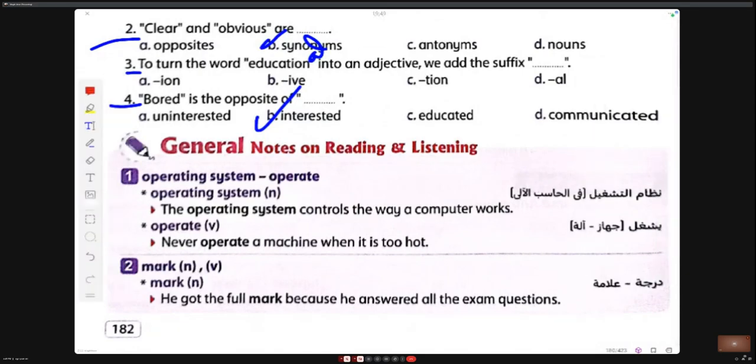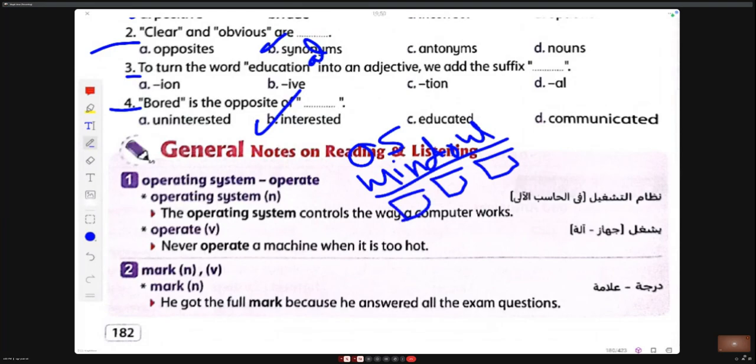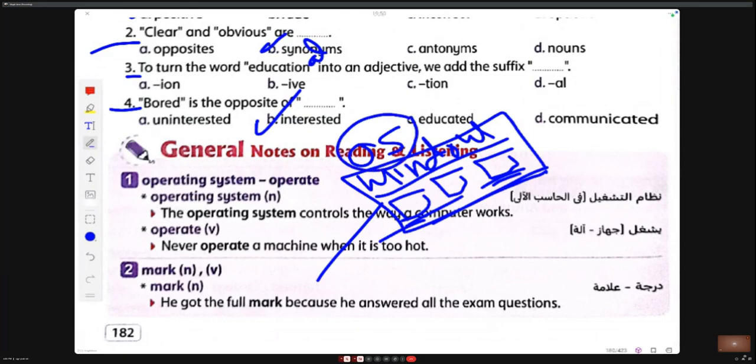Operating system, that means the language of the computer. We use operating systems like Windows 10, Windows 11, and so on. Or maybe there are other systems, like ones that use Java. I don't remember the name of it. We call it OS. OS, operating system, not Windows. We call it Windows because it has a lot of windows. So it is an operating system. OS is another operating system.